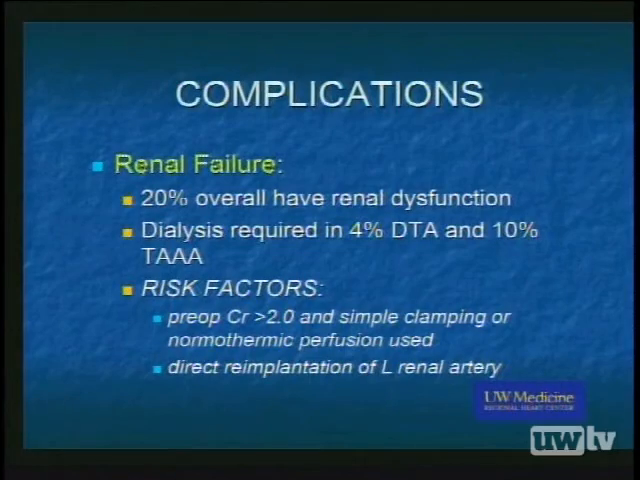There are myriad complications that can develop after operations of this magnitude, but there are a few that warrant specific comment. Renal failure develops in approximately 20% of patients to varying degrees. Fortunately, dialysis is only required in 4% of patients with descending aneurysms and 10% with thoracoabdominal aneurysms. The most notable risk factors for the development of renal failure are a preoperative creatinine of greater than 2, wherein simple cross-clamping has been used or normothermic perfusion has been used,